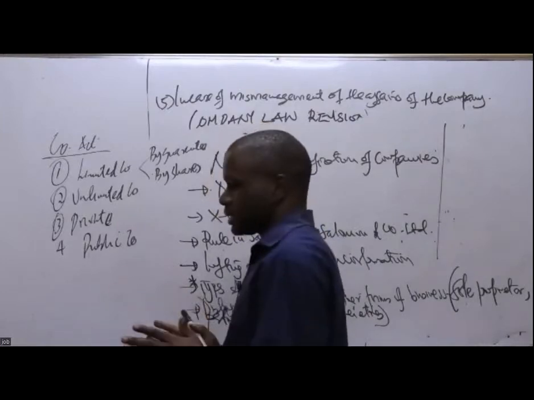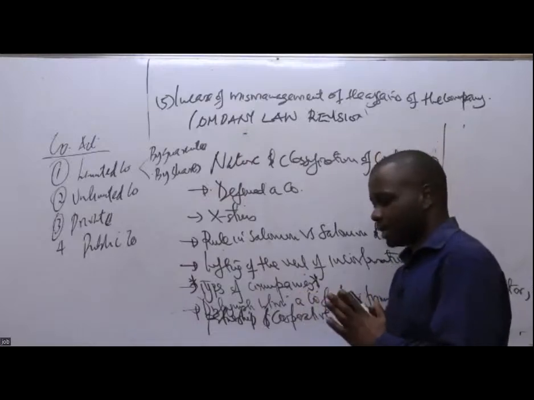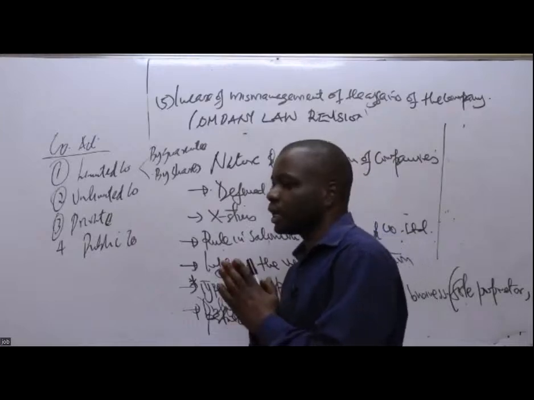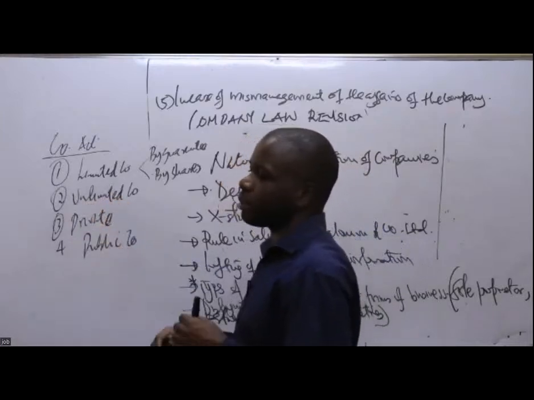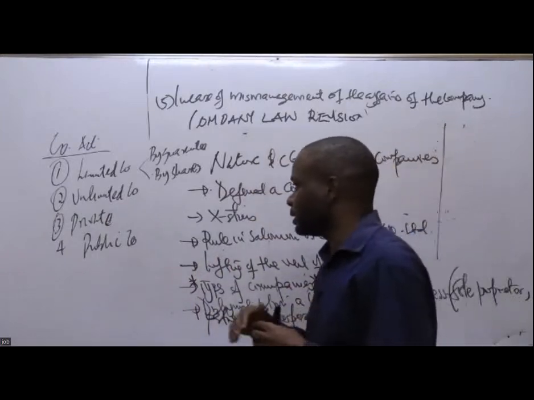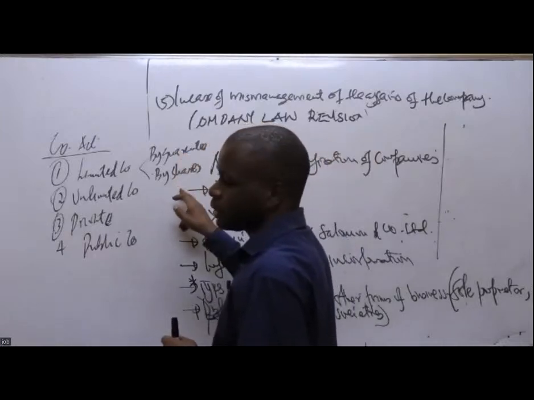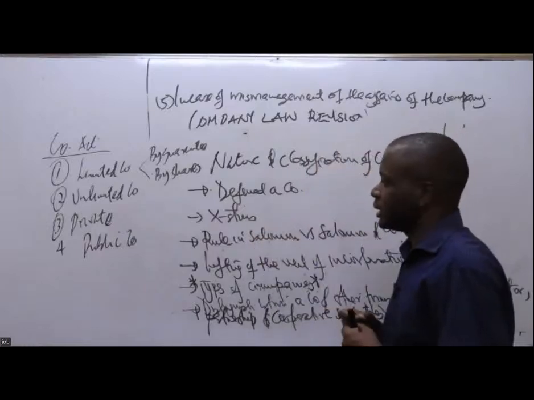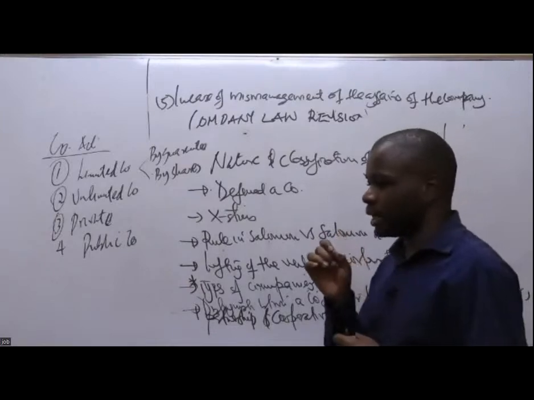We are saying this, a limited company, it is a type of a company where deni yako kwa hiyo kampuni iko na limit. Your liability as a member has a limit. It can go up to a particular extent. This extent is defined either by guarantee or by the number of shares you hold in the company or the amount outstanding on your shares. That is what we mean by saying your liability as a member is limited.